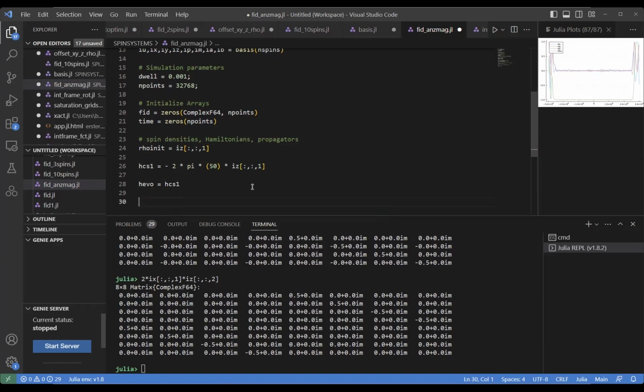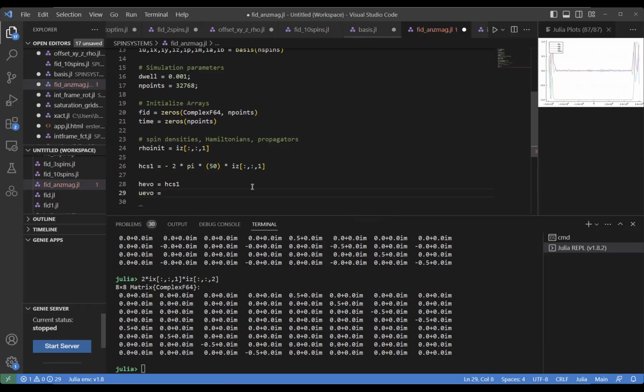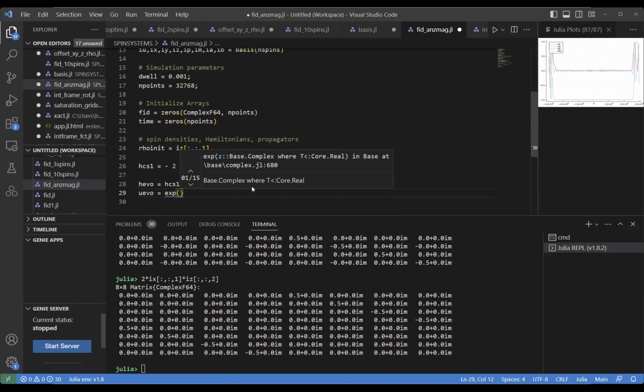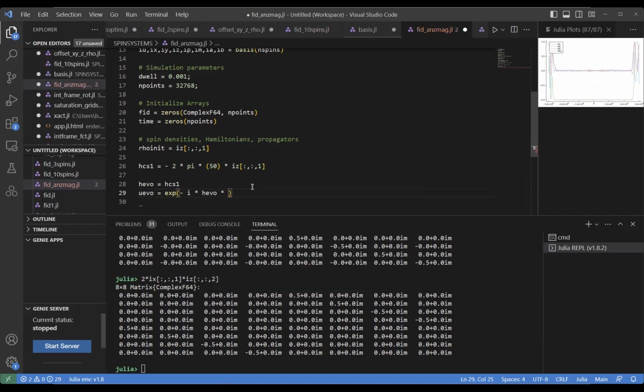And then if we have H_evo, we can let the propagator work. And the propagator is U_evo, and this is just matrix exponentiation, so exp, and then it's minus I times the evolution Hamiltonian times dw. So that means for a time period dw, that is the time between 2 points that we will acquire, this will give us the propagator, this e to the minus iHt that we have seen so many times in the